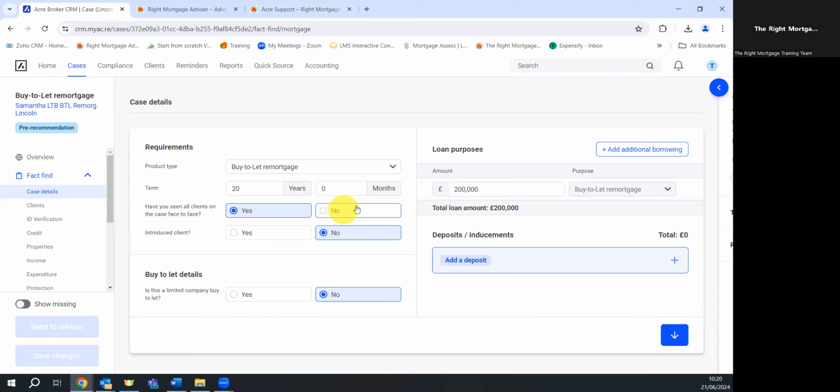And we fill in our case details. Our term is 20 years. Our loan that we want to remortgage is 200,000. Okay. We don't need to put any equity or anything like that in. That can throw the figures out. We're going to put the value of the property in when we get to the property details, and Acre will